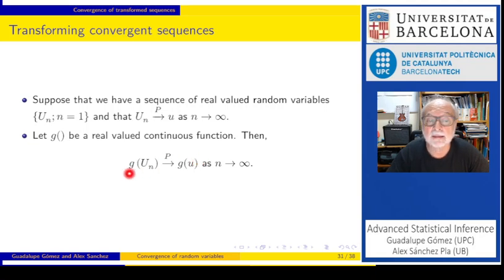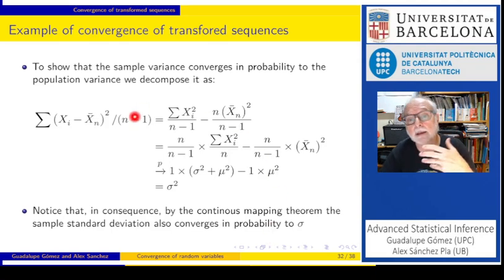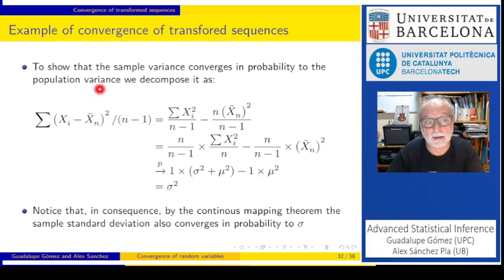Okay, indeed, we could have omitted the previous theorem if we consider a multivariate version of this result, because in that case we could have function g of un vn to be the sum, the product or the quotient, and then we would only need that result. Okay, and talking, for instance, about the sample variance, in that case we can directly prove that the